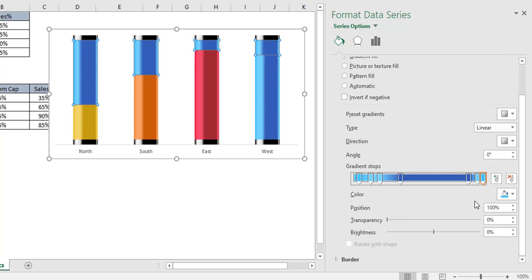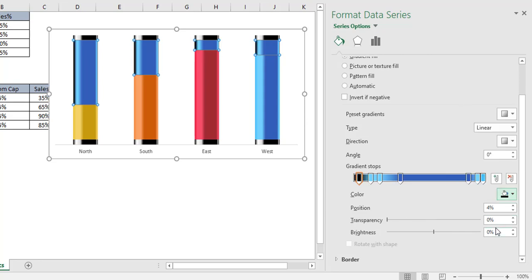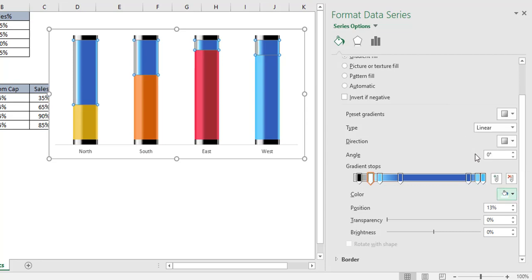Okay, so let's start with changing the color as well as the transparency. Let's select the first one, and the color should be black. So here we need to select the black text one, and the transparency should be 76%. So let's type 76 here. Now let's select the second gradient stop, and the color should be, let's click on here, the white, and the